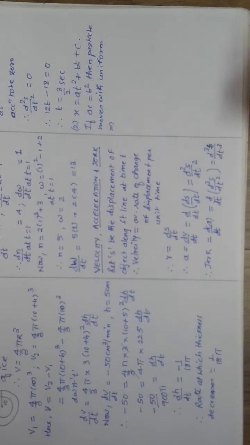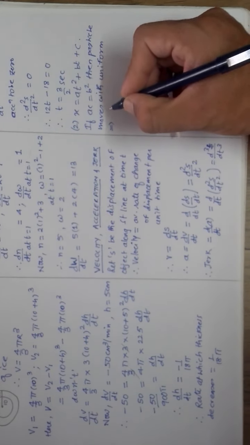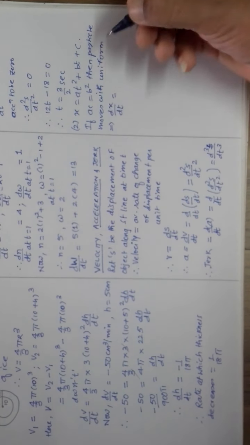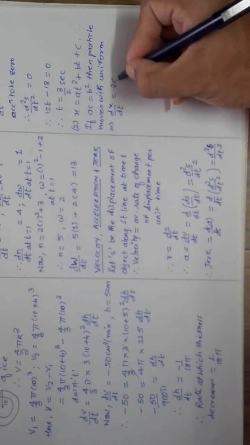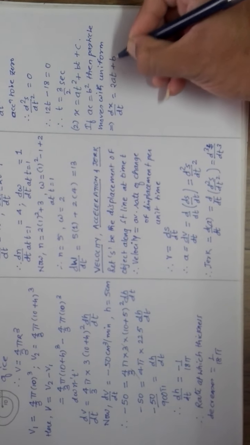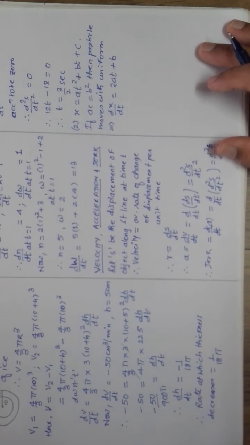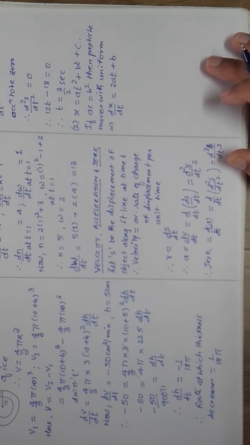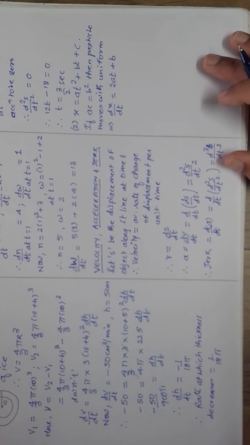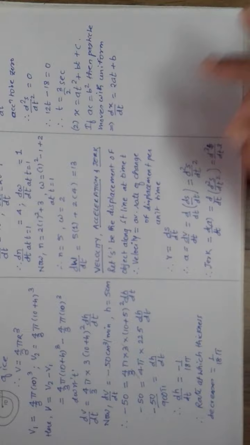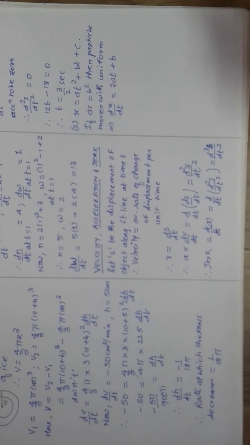So for that I will first differentiate this with respect to t. So dx by dt is equal to 2at plus b. C being constant has gone. So right now, since the variable, the independent variable, is still present there, that means you will not get anything as constant. So uniform thing you will not get up till now.